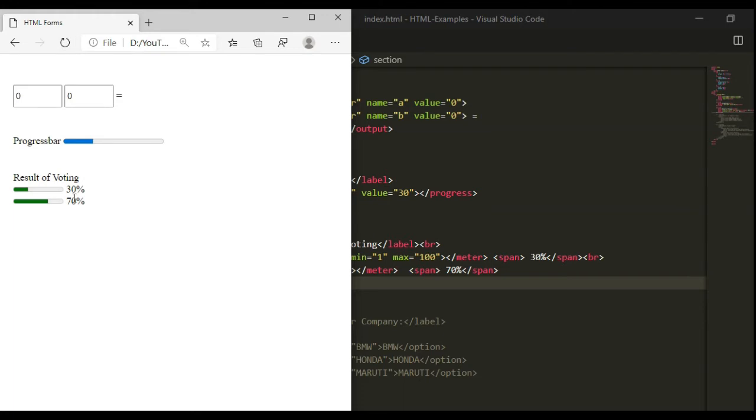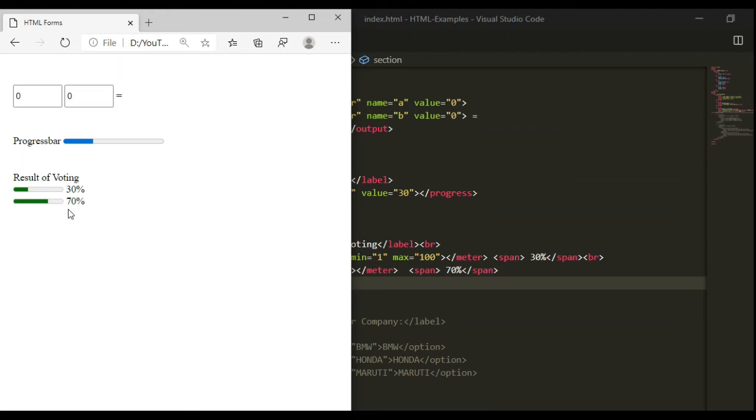Here you can see it looks like a progress bar, but there is a difference between progress and meter. The difference is the progress bar represents the current running task, and the meter defines some output of the completed task.